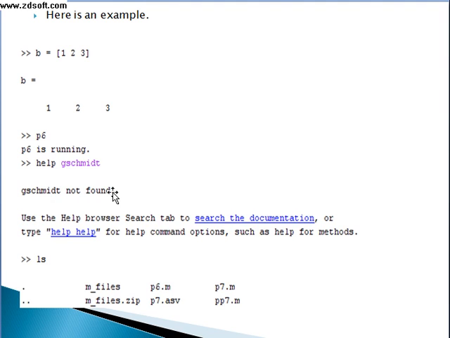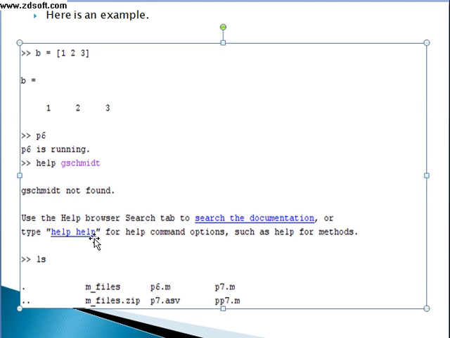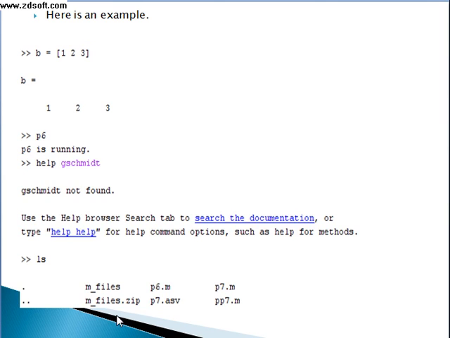After that you type the command ls. It will list all the files that are in the current directory. So after typing this command, I am getting the list of files, that is M files, p6, p7, M files.zip is having M files of p7, pp7, etc.